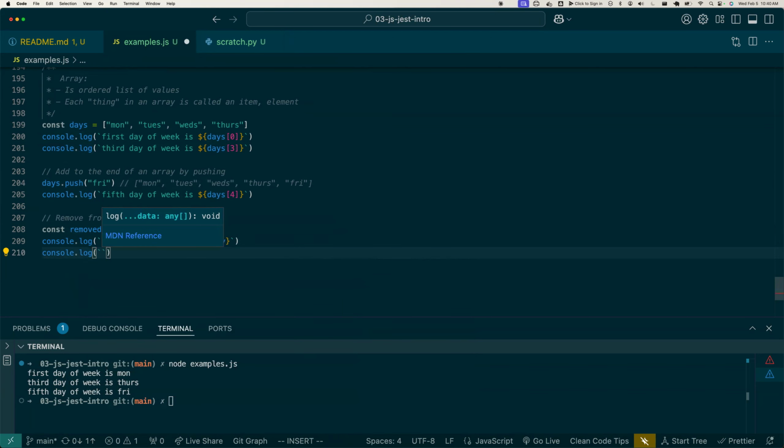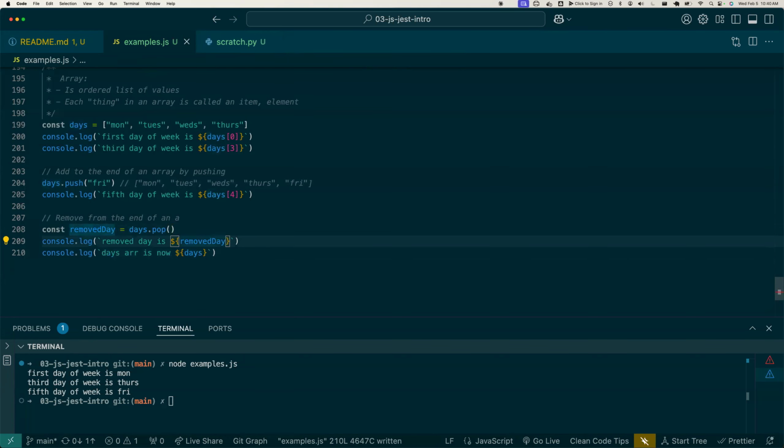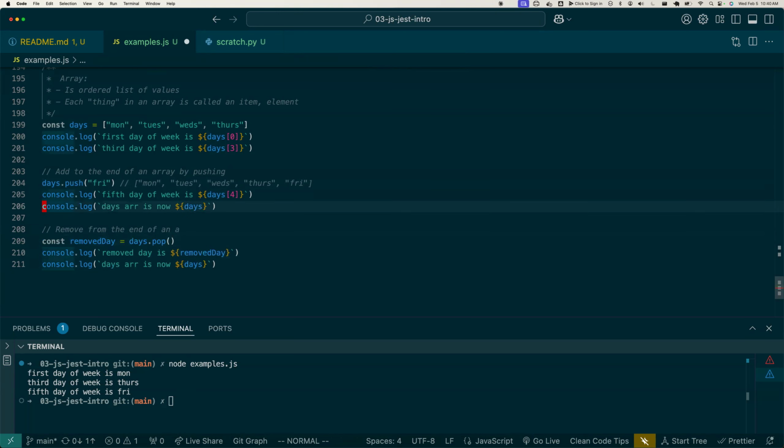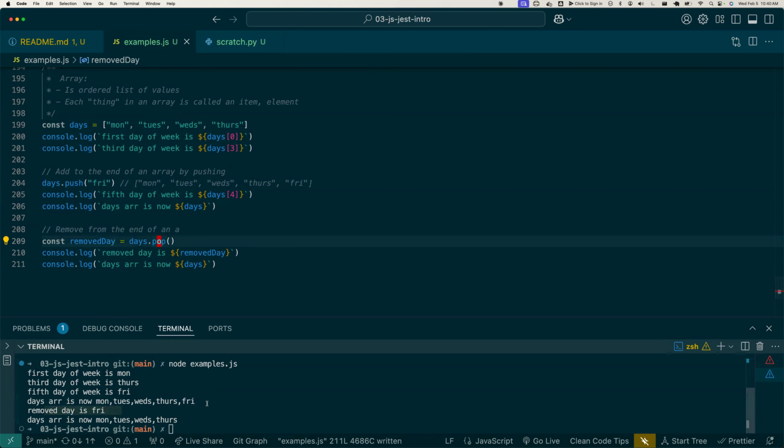And if we look at the array, it's been modified. And we'll see that last day has been added and removed. And so we see here, if you guys can see where I'm highlighting down in the console where the pop happened, or I'm sorry, this is where the push happened. Excuse me. We can see here